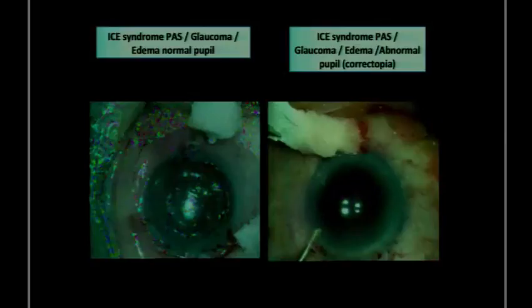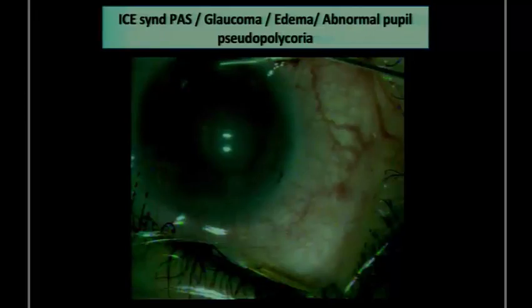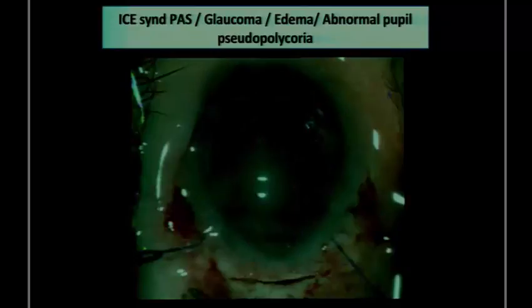The most difficult scenario, however, is a case like this, where you get pseudopolycoria. There's PAS all the way around, and visual acuity is counting fingers. It's a very severe case of essential iris atrophy. In this case, again, because you've got severe corectopia itself, in order to do the cataract surgery